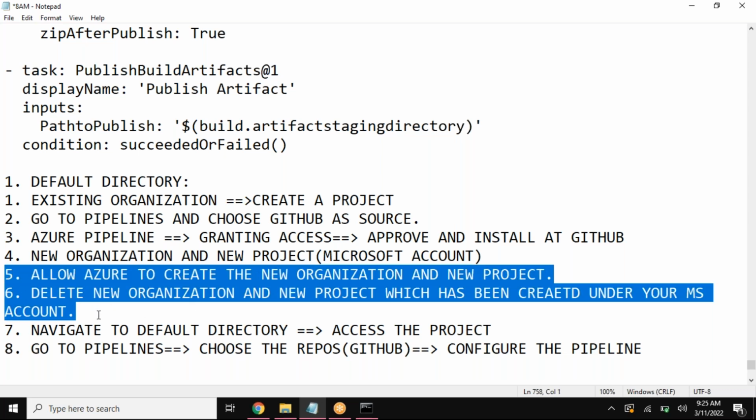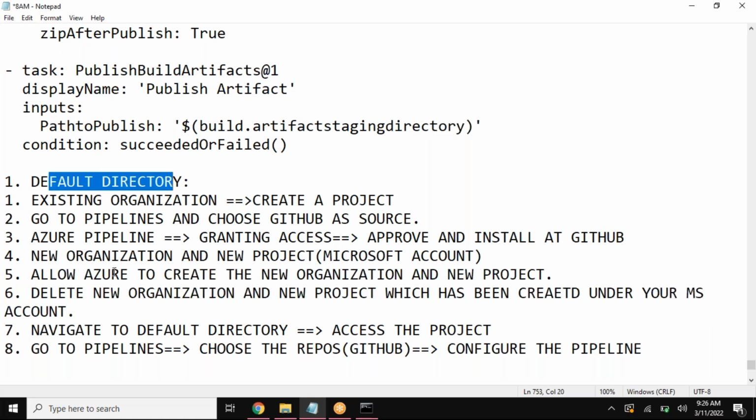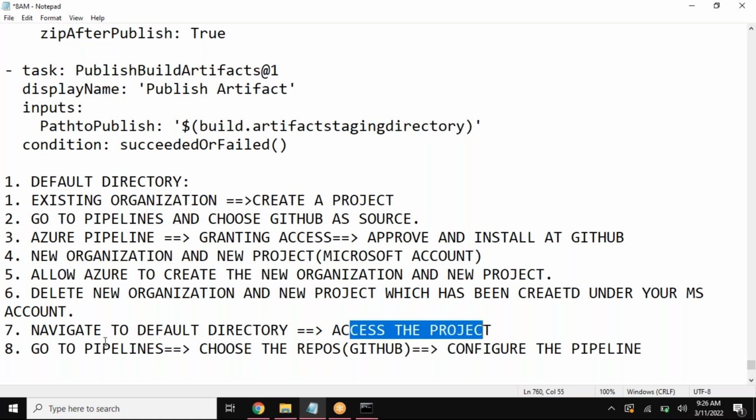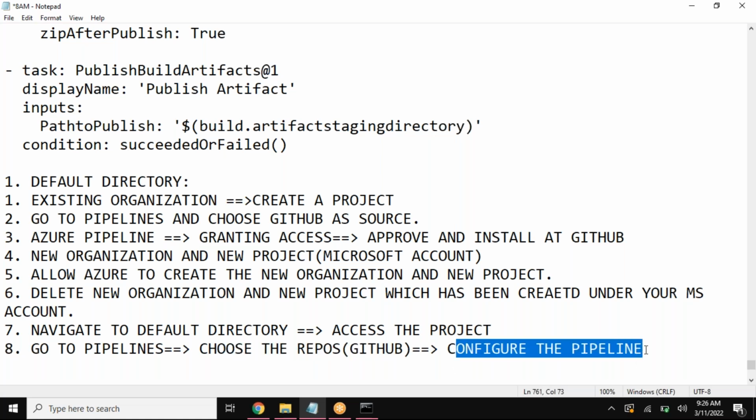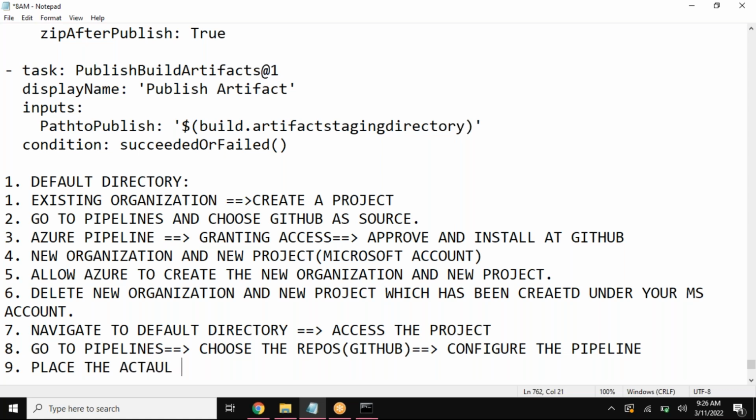But again, as I told you, you can delete them later on, and again navigate the same old path where you were. After providing everything, all the access, go to the same default directory, existing organizations, and the same project you have already created. Now go to the pipeline, choose the repository which has been provided in your GitHub, configure the pipeline, place your YAML pipeline. Here, place the actual YAML script for the application you have in here, and let us say run. But before, see here, before running